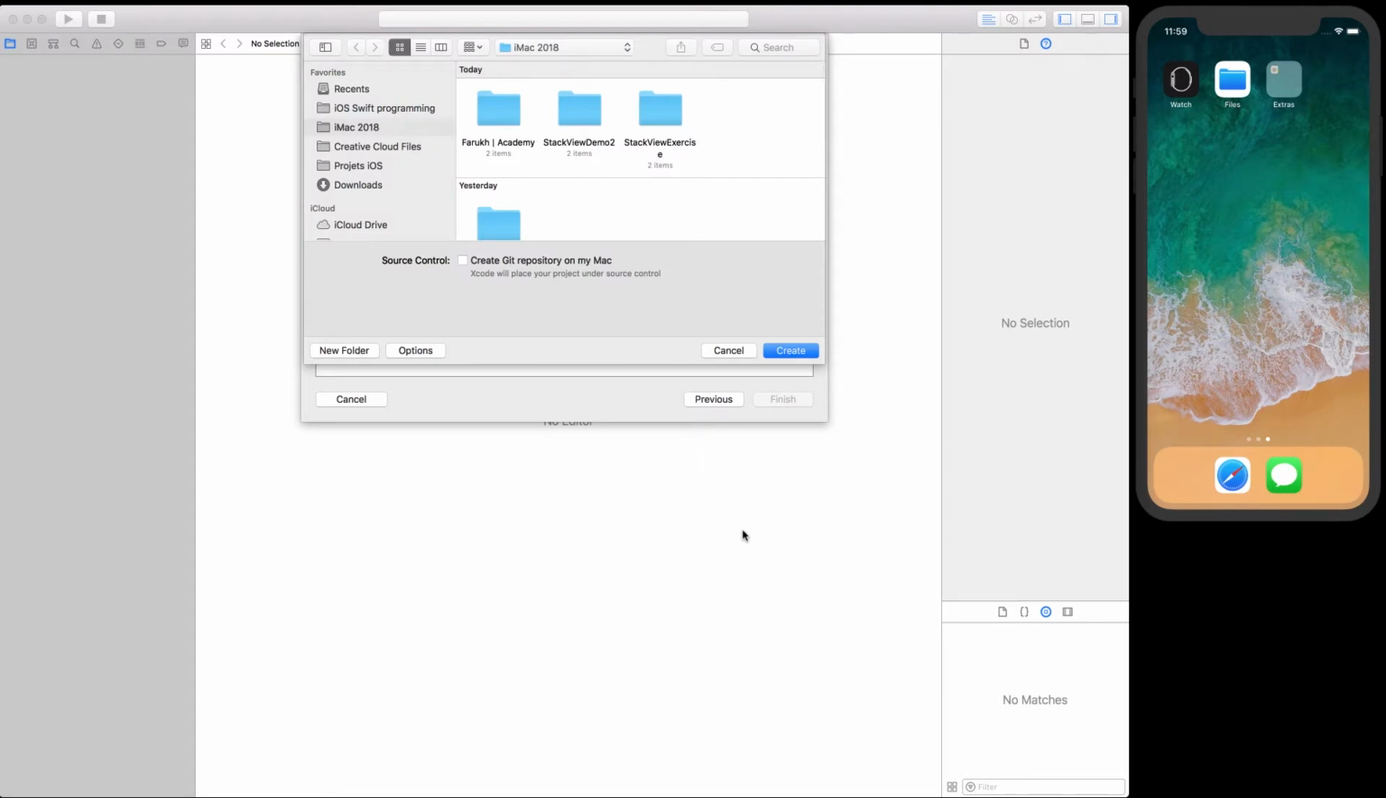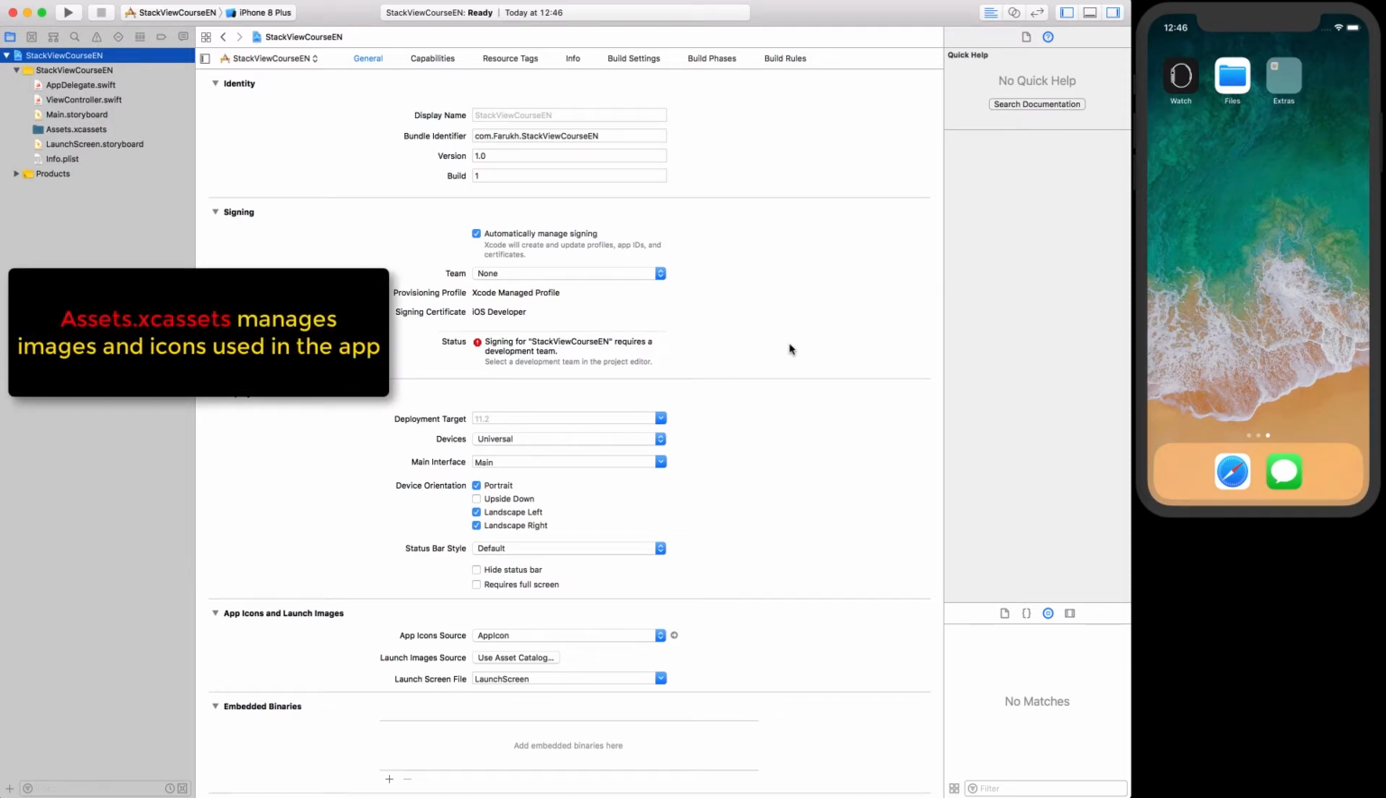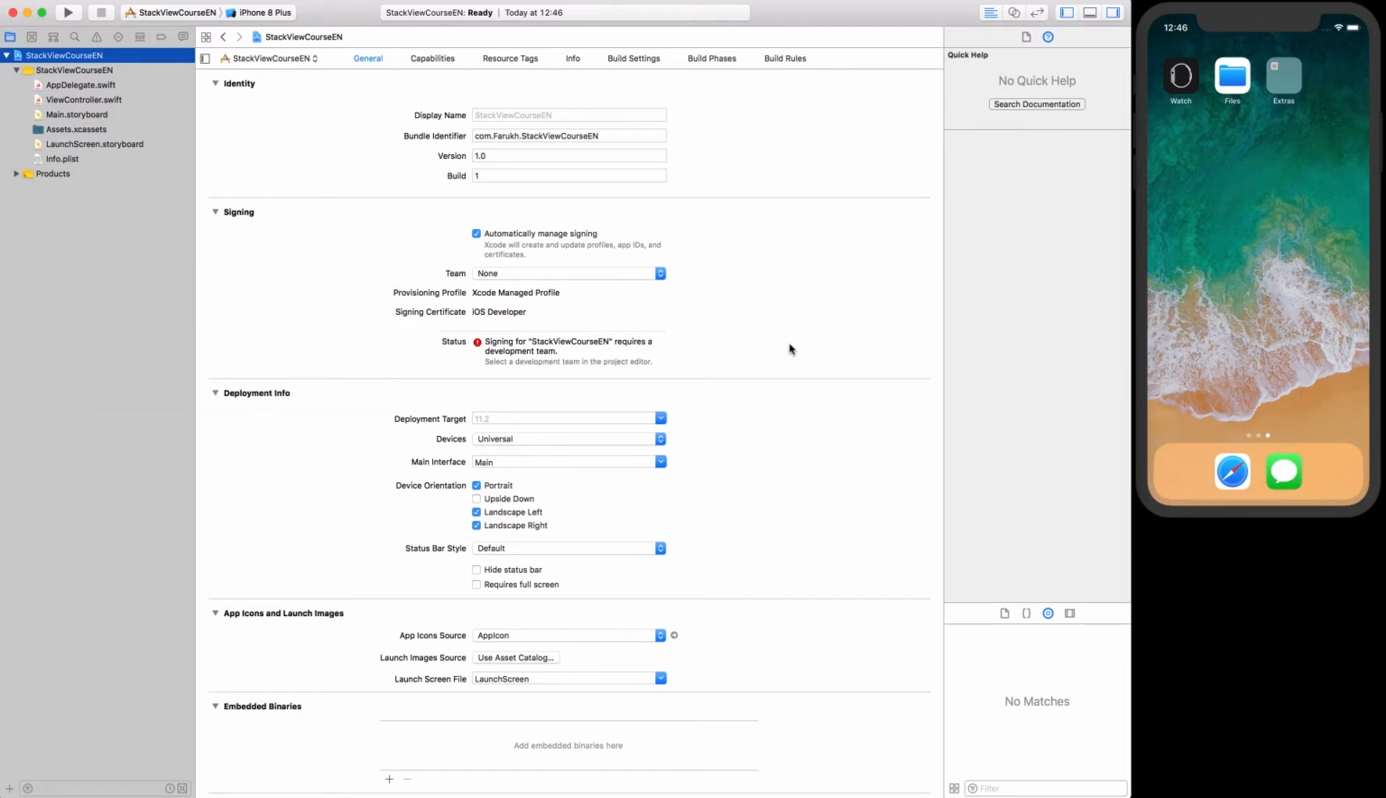Xcode then asks you where to save the StackViewCourse project. Pick a folder on your Mac and then click Create to continue. As you may notice, the sample app has 3 images. The question now is how can you bundle images in your Xcode projects? In each Xcode project, it includes an asset catalog for managing images and icons that are used by your app. So right now, go to the project navigator on the left side, which is represented by this gray area, and select the